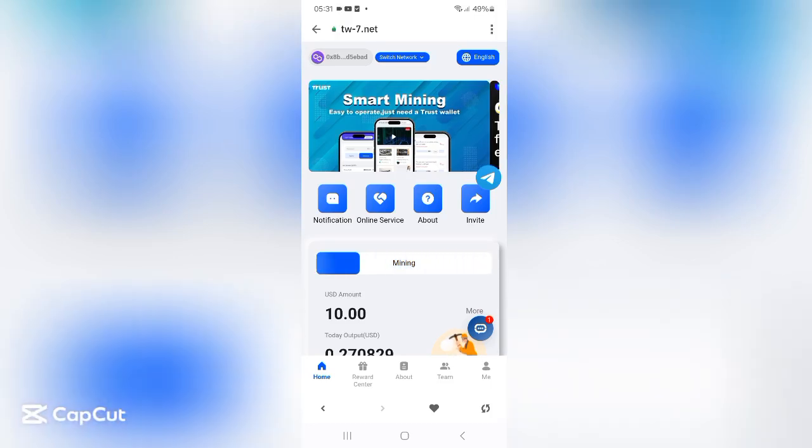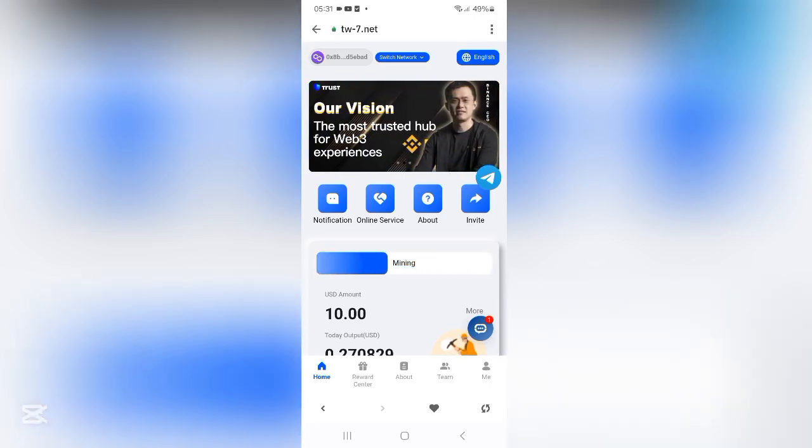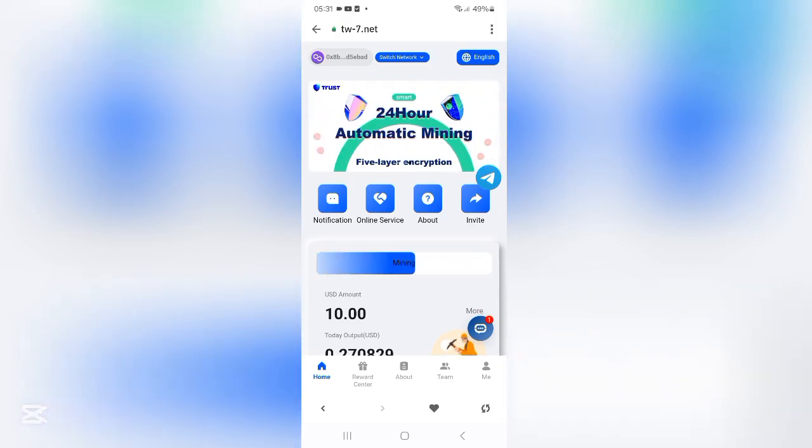Alright, so in this video, I'm going to be showing you how you can withdraw from your Trust Wallet mining